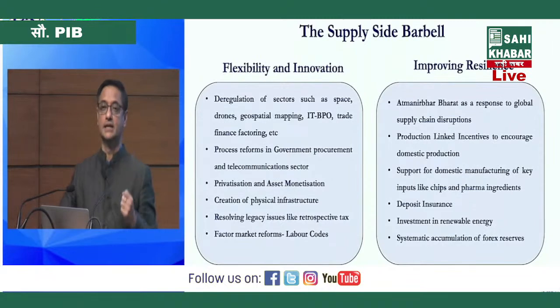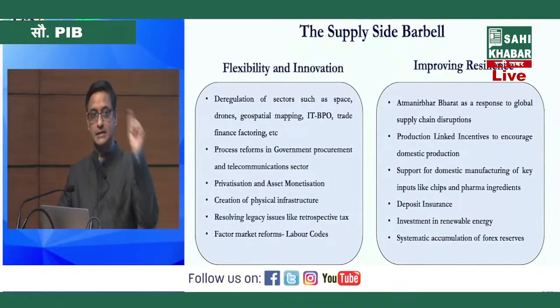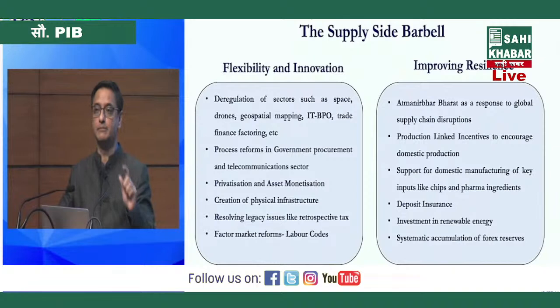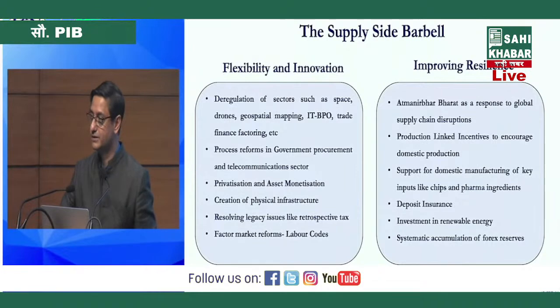So how are we able to create policy for the future? The best way to do that is, again, a barbell strategy. On one hand, you create flexibility in the economy, you allow for innovation, so the economy is able to respond to these uncertain, unpredictable situations. But on the other hand, you also need a safety net equivalent, which I would call the Atmanirbhar resilience